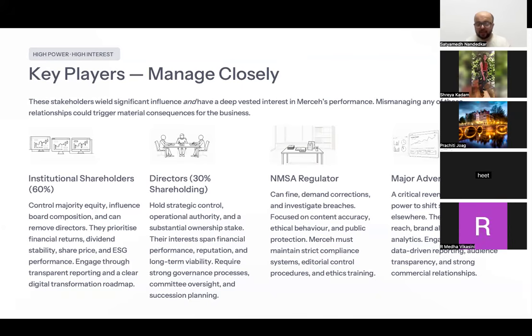And their expectation is that the governance processes should be strong, you should have committees, and there should be succession planning for the directors. ठीक है. The regulator is also, see, the regulator has huge amounts of power. If the regulator finds any non-compliance, or